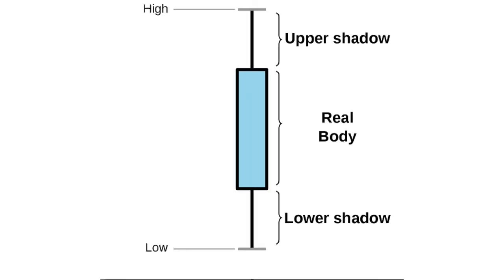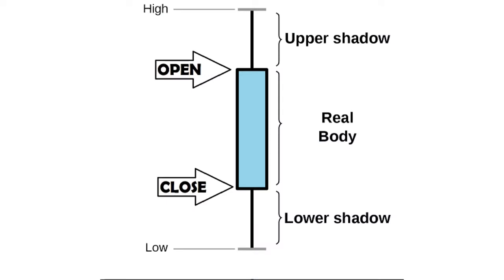Similarly, in a bearish candlestick, the lower part of the real body represents the closing price of that stock, and the upper part of the real body represents the opening price of that stock, showing us that the price of the stock has decreased during that time frame or time period, hence giving the name bearish or decreasing candlestick.